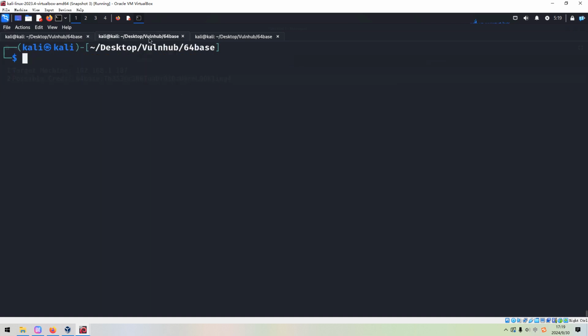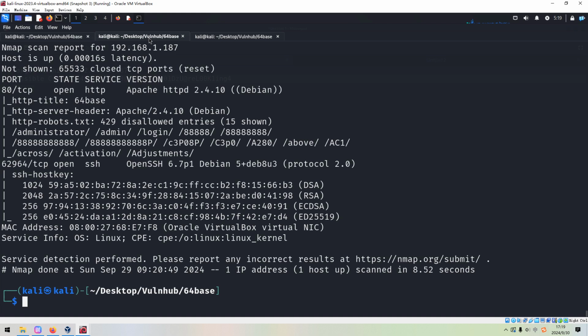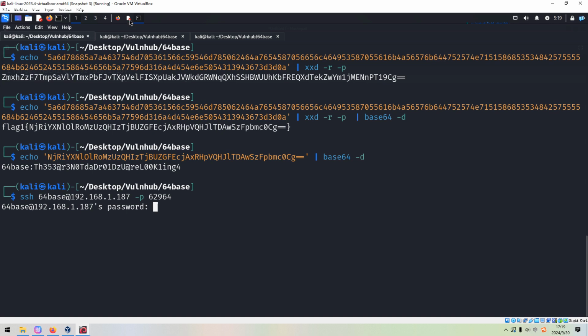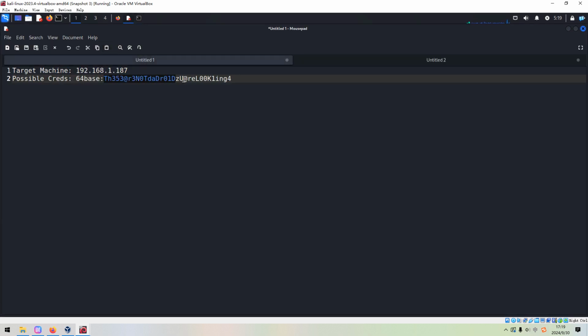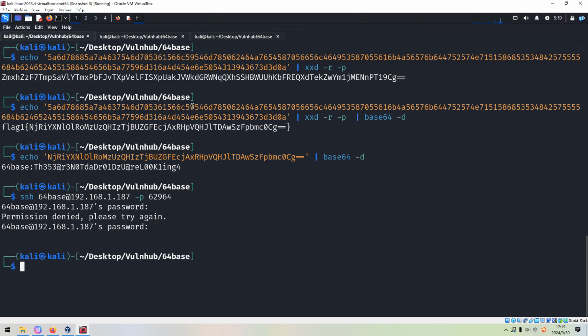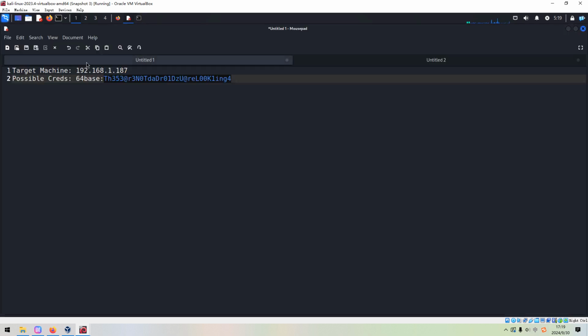We can cat out the Nmap result again, because this port number is very difficult to remember. And we need to provide the password. We can copy it from the notebook and paste it in here. This doesn't work. Okay, no problem. So we just put this credential aside for a while. In the future, most probably, we will need this information.